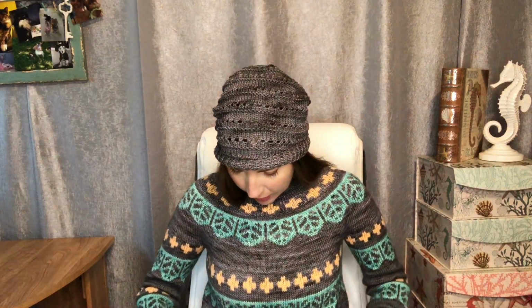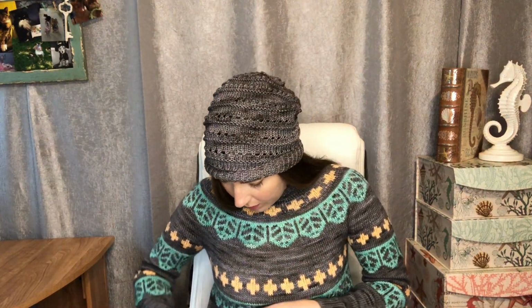And I didn't do any waist shaping or anything, but I did knit mine much longer. Yeah, I knit it longer, and then I knit my sleeves longer. And then I actually went down a little bit on my sleeves as well. I went down an additional 4 stitches on my cuff part,